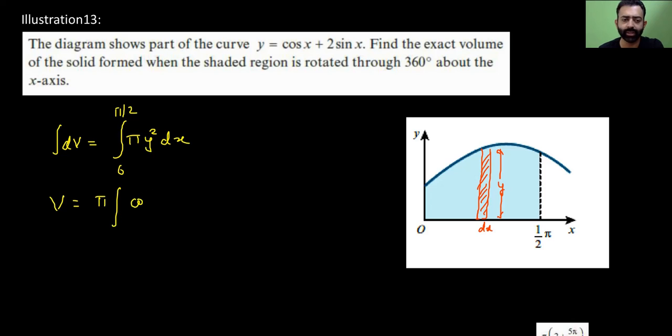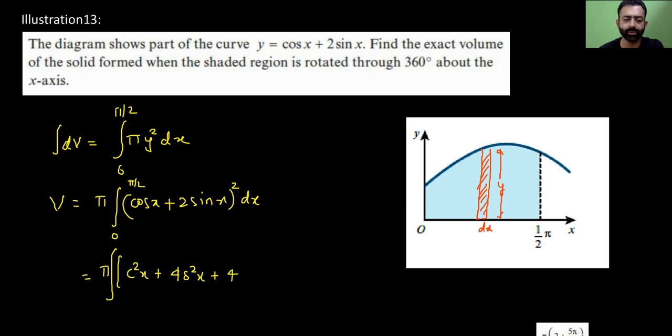Integral of (cos x plus 2 sin x) whole square dx. Okay, limits are between 0 to pi by 2. So this is pi. Open the integral, open this. (a plus b) whole square is cos square x plus 4 sin square x, and plus 4 times sin x cos x. So I am writing this as just 2 sin 2x,